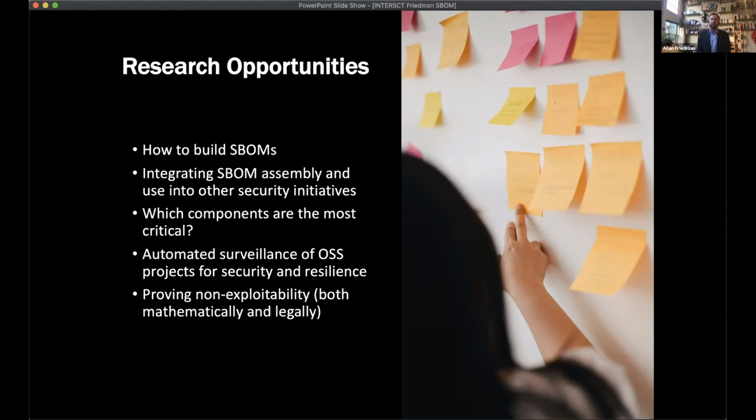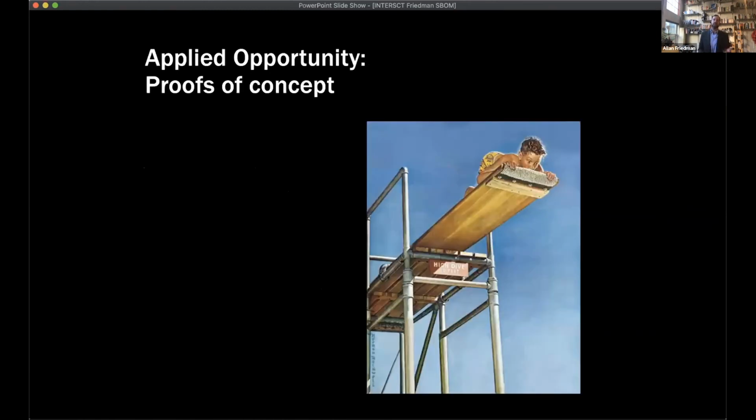Similarly, proving non-exploitability is both a mathematical problem, but it's also going to be a fun policy challenge. Those of you who are in the policy world, legal world, I'd love you to start thinking about what does it mean? And how do we have some wiggle room so that a company can say, I'm not exploitable, but every so often they're going to be a little wrong as we learn more about a vulnerability. If we want to have companies be more forthright, what does that flexibility look like? And then finally, those who are in industry, think about asking for an SBOM. Think about partnering with some of your colleagues in industry to do a proof of concept exercise.